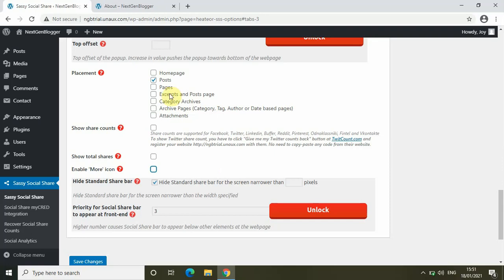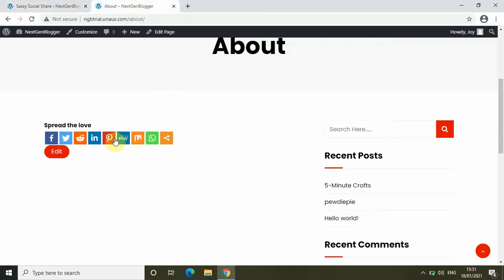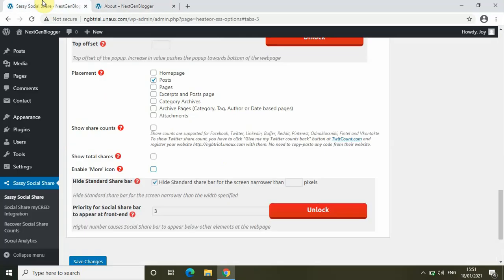The more option will go away and my readers will simply have the options which are present right here. And the final thing which I want to talk about is these two options, the show share counts and the show total shares. The show total shares will show the total number of times your post have been shared on all the social networking sites, and the show share counts will show how many times your post have been shared on individual social networking sites like Facebook, Twitter, LinkedIn.